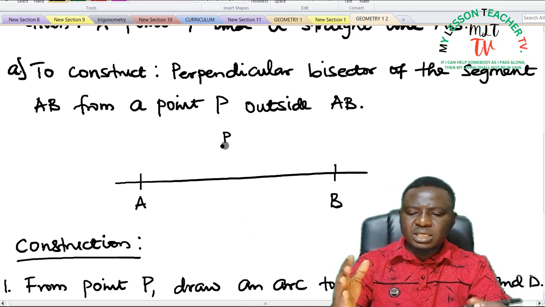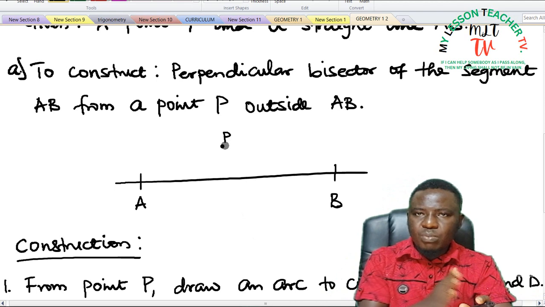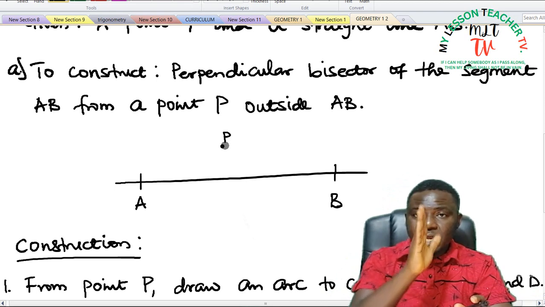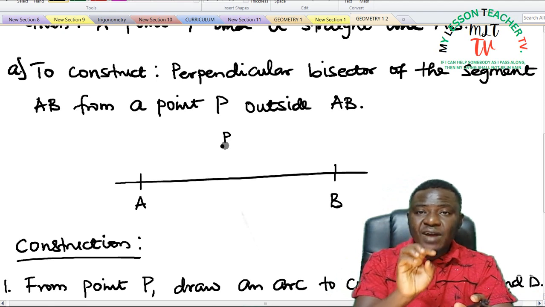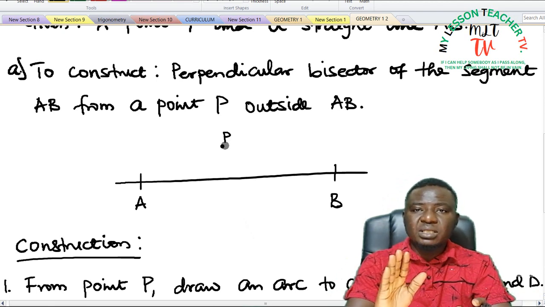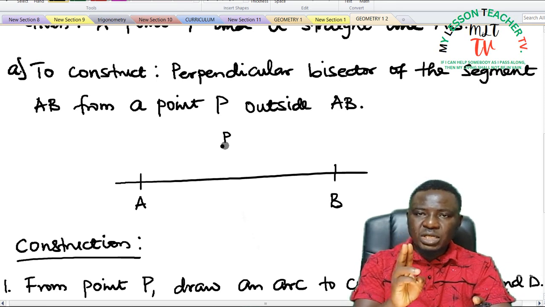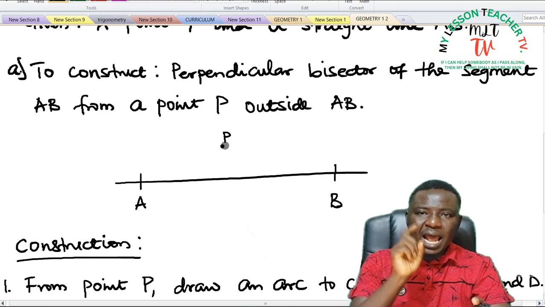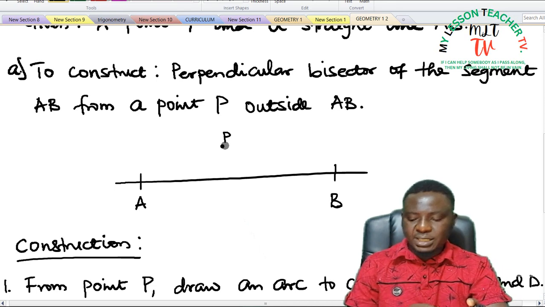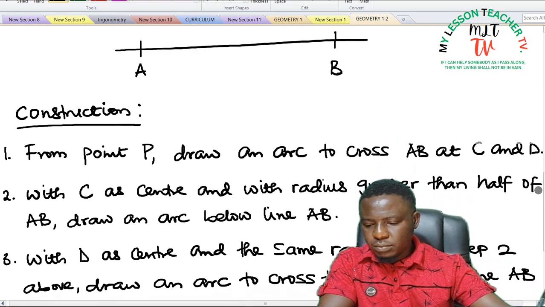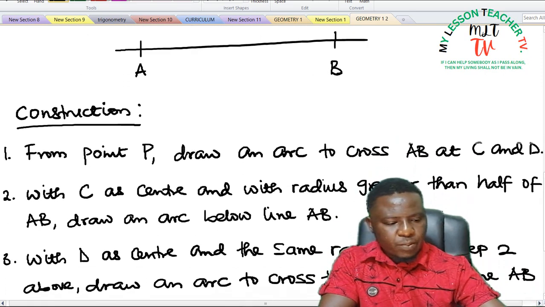Now, what that means is, a perpendicular bisector is a line dividing AB into two equal parts. That is what we mean by a bisector. A bisector is a line that divides either an object or a line or an angle into two equal parts. So, how do we construct that? Construction. Step one says